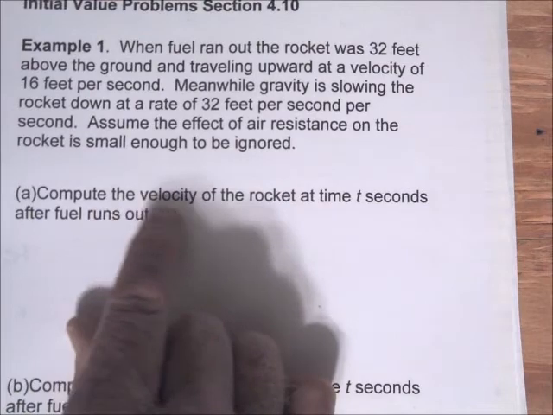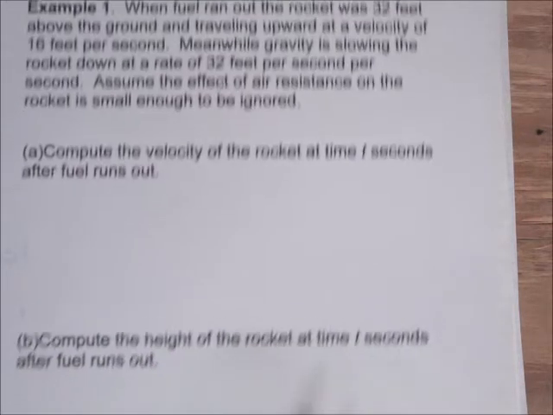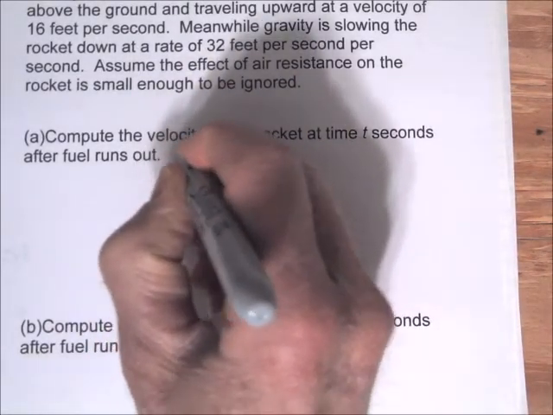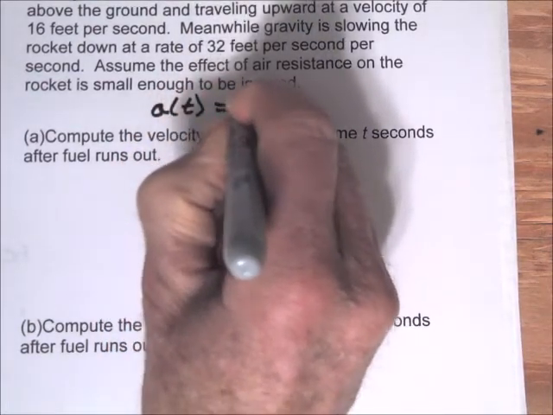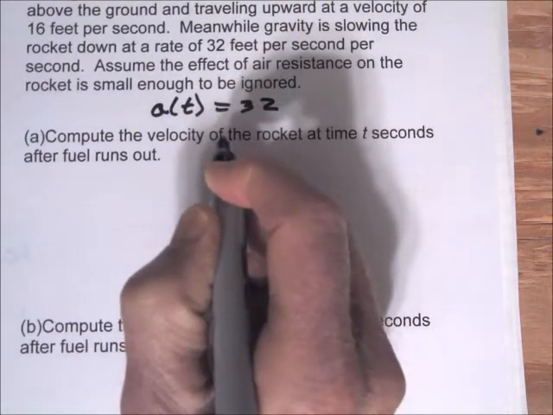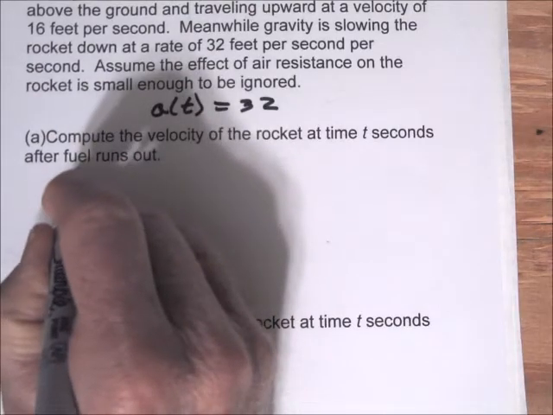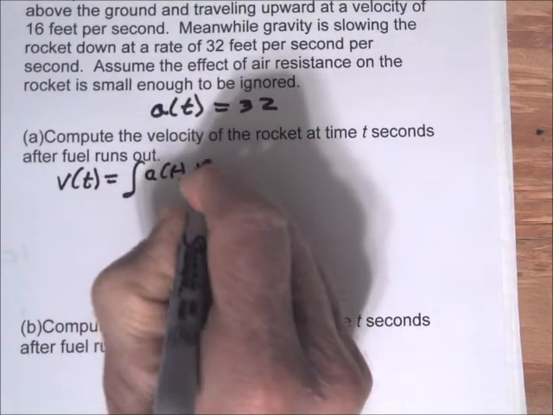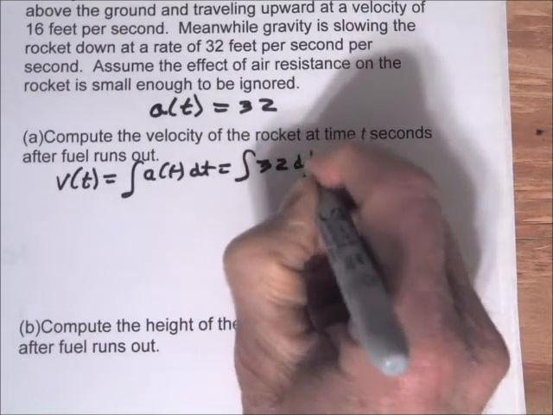We want to compute the velocity of the rocket at time t seconds after fuel runs out. So we start with the acceleration, so we have constant acceleration. The acceleration a of t is equal to 32, and the velocity is going to be the antiderivative of acceleration. So v of t is the antiderivative of 32 dt,